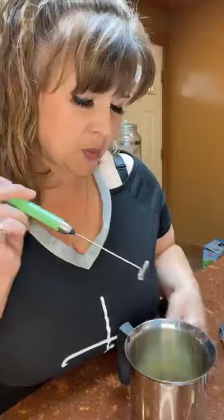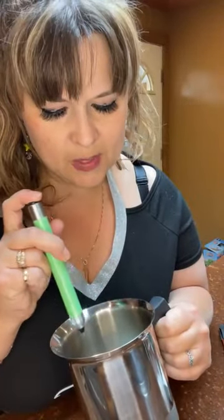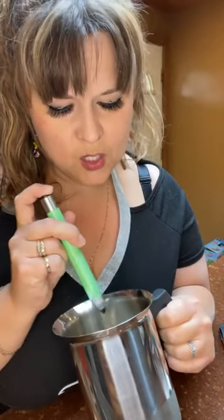So what I'm going to do, I put my matcha in there. I'm just going to whisk it up a little bit, because when you put your matcha in, sometimes it can clump, and you just don't want a lot of clump sitting on the bottom. You can use a fork, it doesn't have to be a whisk, it's just a